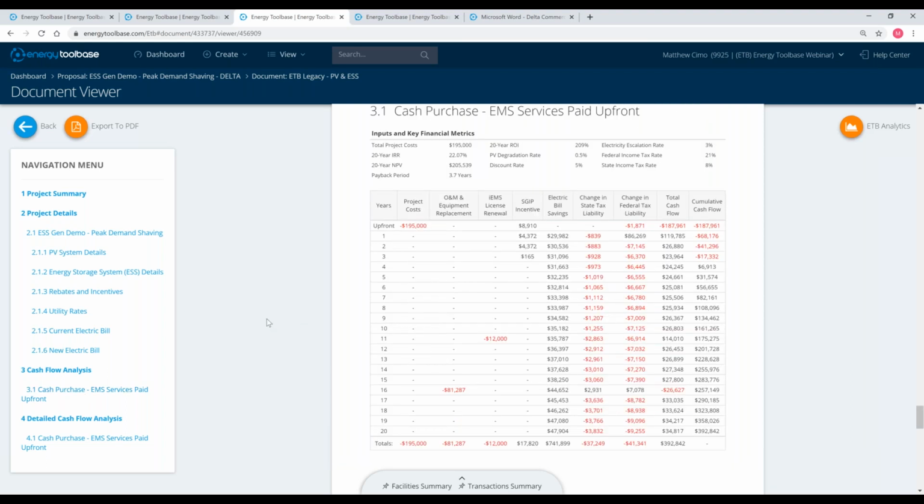So let's fast forward on down to the cash flow. So what we're looking at here is we have our total project cost, okay? So that's going to include our energy storage and our solar PV cost, okay? And then we have our iEMS license renewal, okay? So this is really where the transaction comes in, where we have a replacement cost for the iEMS. So on the pricing card that you get with the approval on the integration,